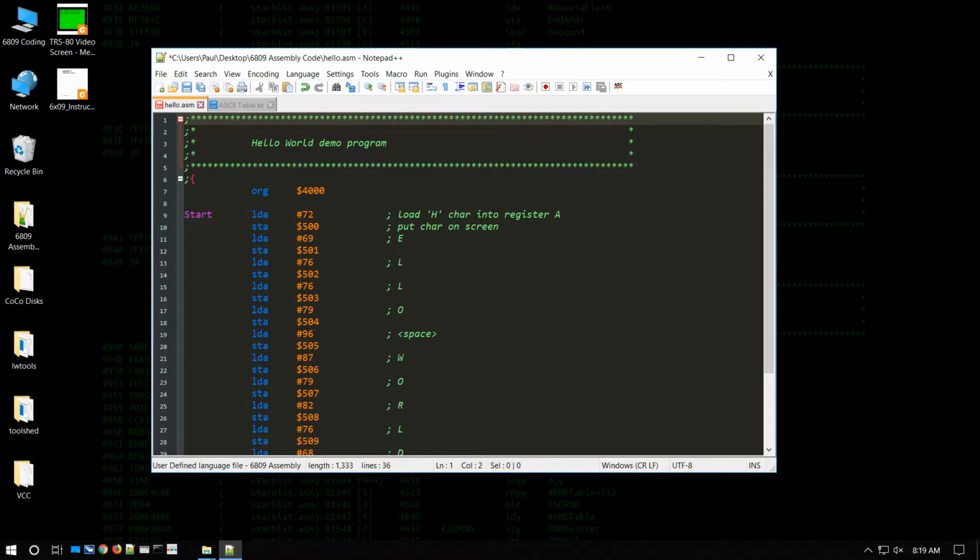In our previous episode, we coded our first Hello World app in 6809 assembler for the TRS-80 color computer. Today, we'll improve upon that app using text data strings stored in memory locations and demonstrating how we can use loops to iterate through those data strings to make printing text to our video screen much easier and more efficient. It's going to be much simpler than the manual method we used in our last episode. If you've coded in BASIC, this approach will be similar to how you may have used data statements in your